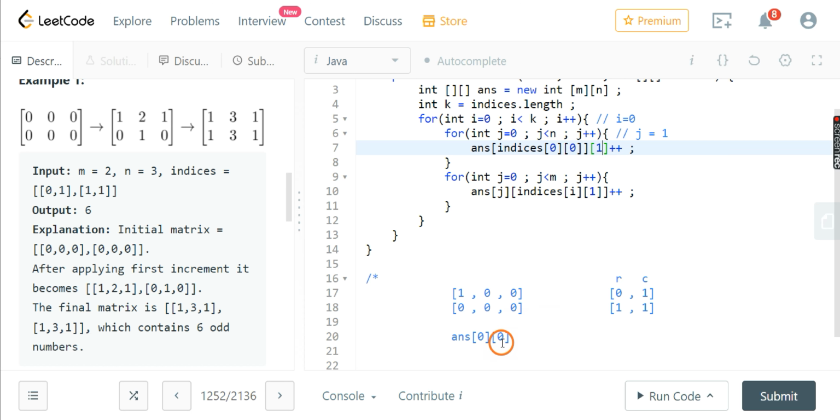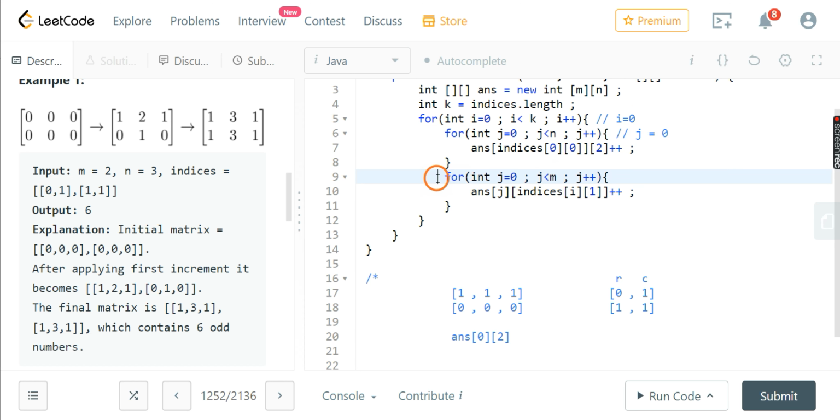So answer at 0 comma 1, 0th row and first column. Let's increment this. Now j will become 2, so let's increment answer at 0 comma 2. Now j will become 3, but this condition is false, so we will come out of this for loop.